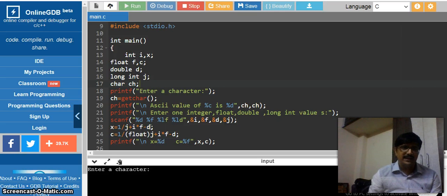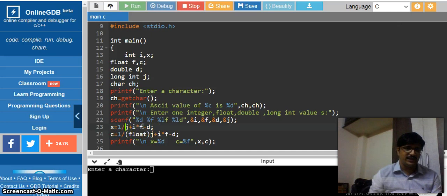That means, for example, in this expression you can find j is of the type long int, d is of the type double, c and f are of the type float, i and x are of the type integer, and of course ch is of the type character. In this expression, x equals 1 by j plus i into f minus d, what is the highest data type here?